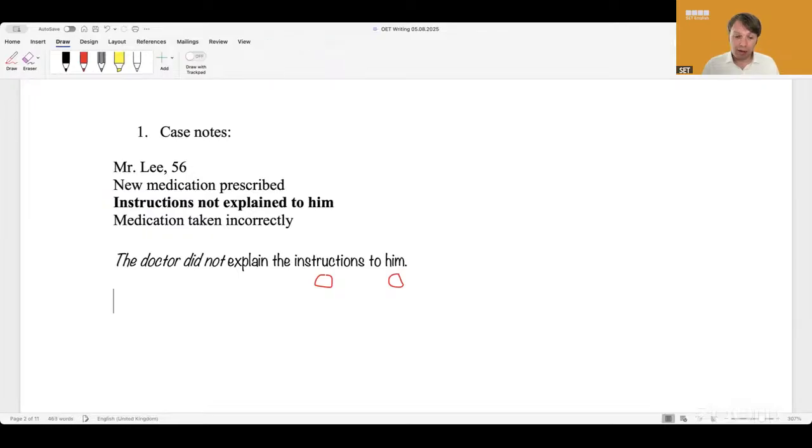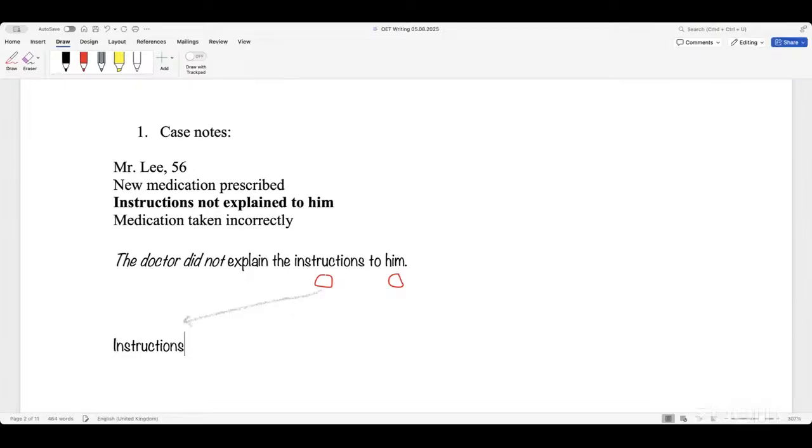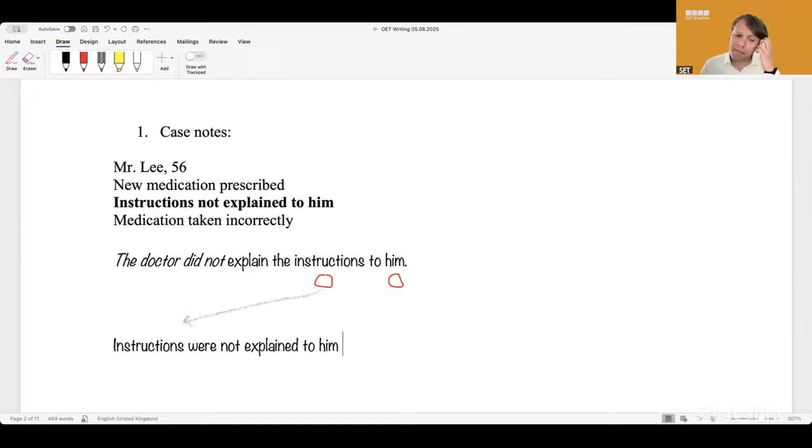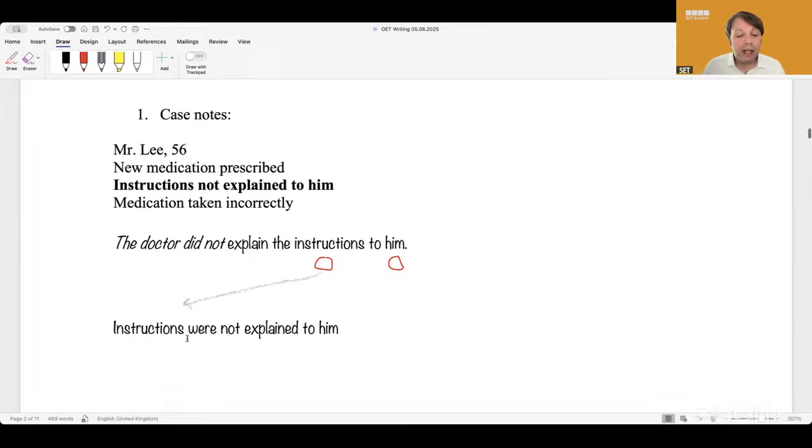Hina, can you say hello? Hello. Can you make a sentence starting with the direct object, please? Can you try? Instructions were not explained to him. Is this correct, guys? Yes. Okay, now everyone, let's try and make a sentence starting with the